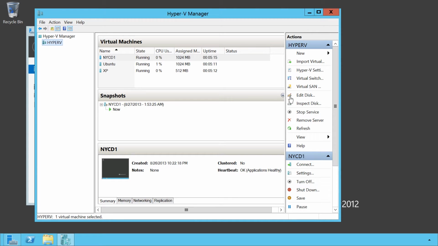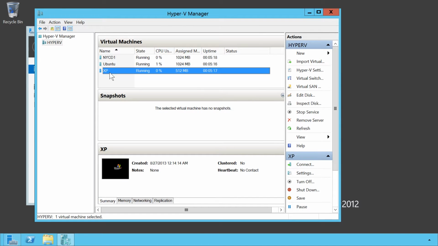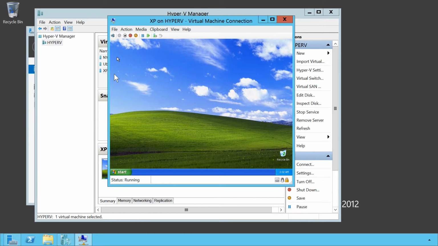To show the features that integration services provide, I will open a virtual machine that is running Windows XP. This virtual machine is running a clean install of Windows XP. Nothing has been added or configured. Windows XP is being used because it does not come with integration services pre-installed. You will notice that when we move the mouse around, the mouse does not move outside the window, and thus we cannot access anything other than the virtual machine using the mouse.